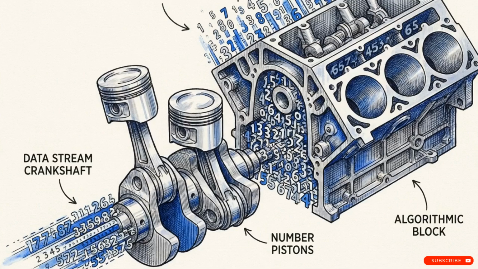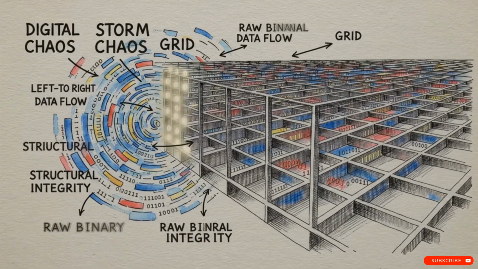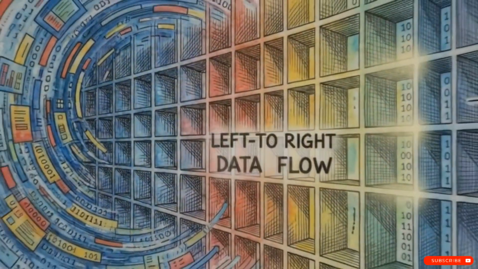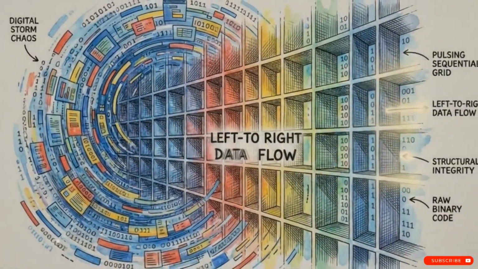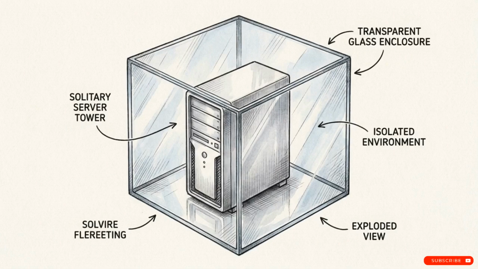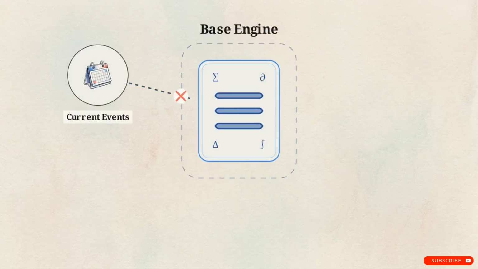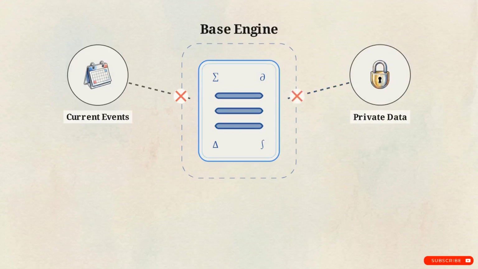Strip away the interface and the hype, and a large language model is simply a statistical engine. It is a neural network trained to execute one highly specific mathematical task: predict the next token in a sequence. But an out-of-the-box model operates entirely in a vacuum. It relies solely on historical training data, which means it hallucinates when faced with current events, it holds none of your proprietary company information, and it has zero native ability to interact with external APIs.